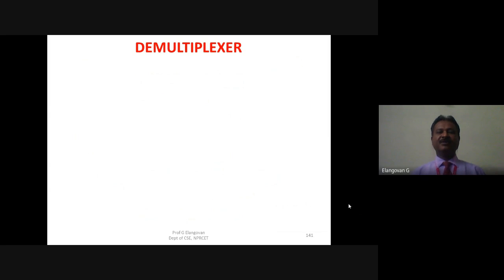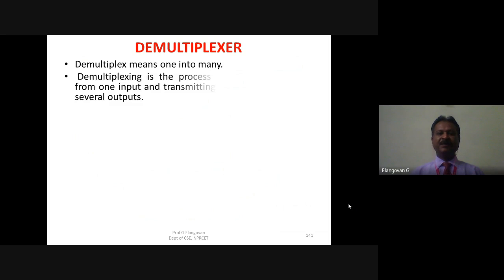So first we will understand the demultiplexer. A demultiplexer is just the reverse process of multiplexing. With the available one path, we divert it to n number of paths, so the serial path is diverted to parallel paths. Demultiplexing takes the input from a channel, and at the receiving end, the demultiplexer is used to make that received channel go to several outputs, but only one output is active at any instant.